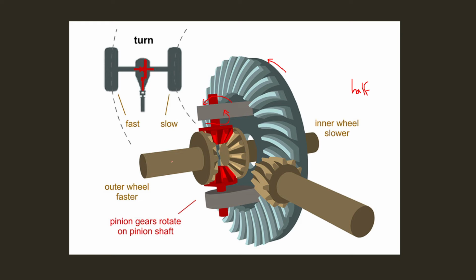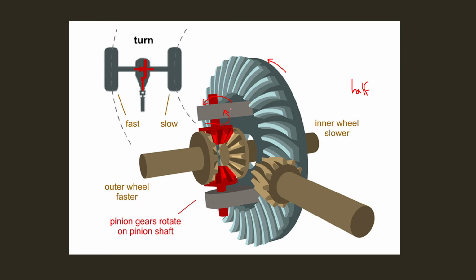When it comes to taking a turn, the inner wheel will experience more load, and the inner wheel becomes slower. When an extra load is coming on the inner wheel, it will experience a higher load, and it may become much slower compared to the outer wheel, even though it is getting equal power. As it becomes slower, this shaft is slower, meaning there will be a reduced number of rotations for this shaft.